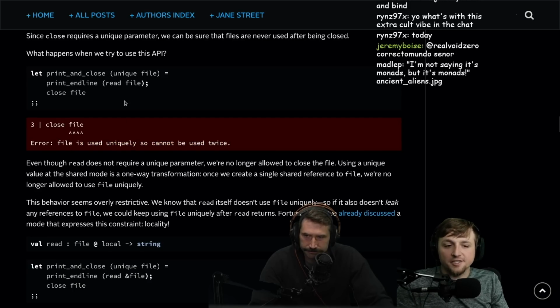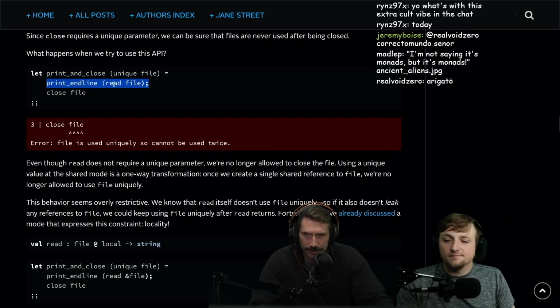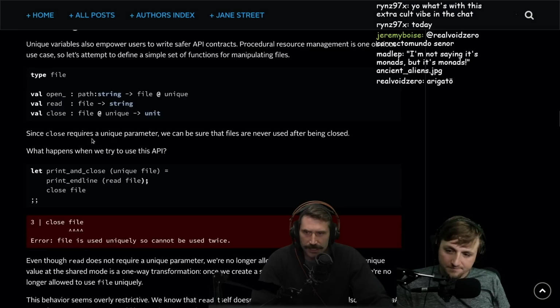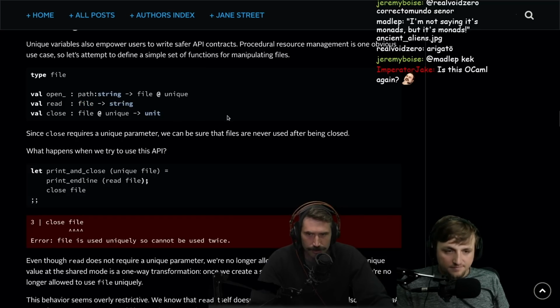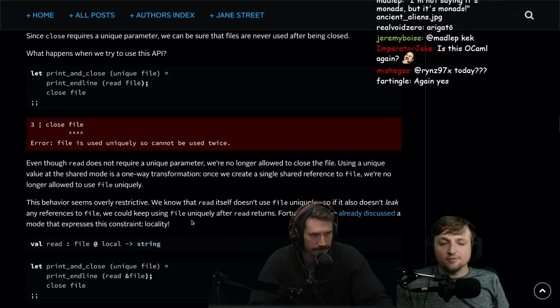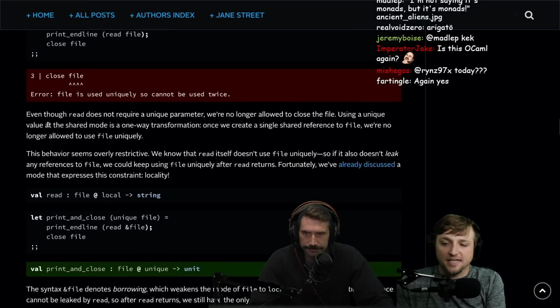Yep. So they're going to introduce a new concept to solve this problem. Okay, yeah, because I was about to say, how do you do a read file and a close file here? I would assume that to solve it without any new constructs, you'd have to have this thing be unique, and then you'd have to return out the string plus a reference to the file that's unique, right? That would be right. So you would have a read, and that would return a tuple with a unique file and a string or something like that, right? You could do that similar idea.